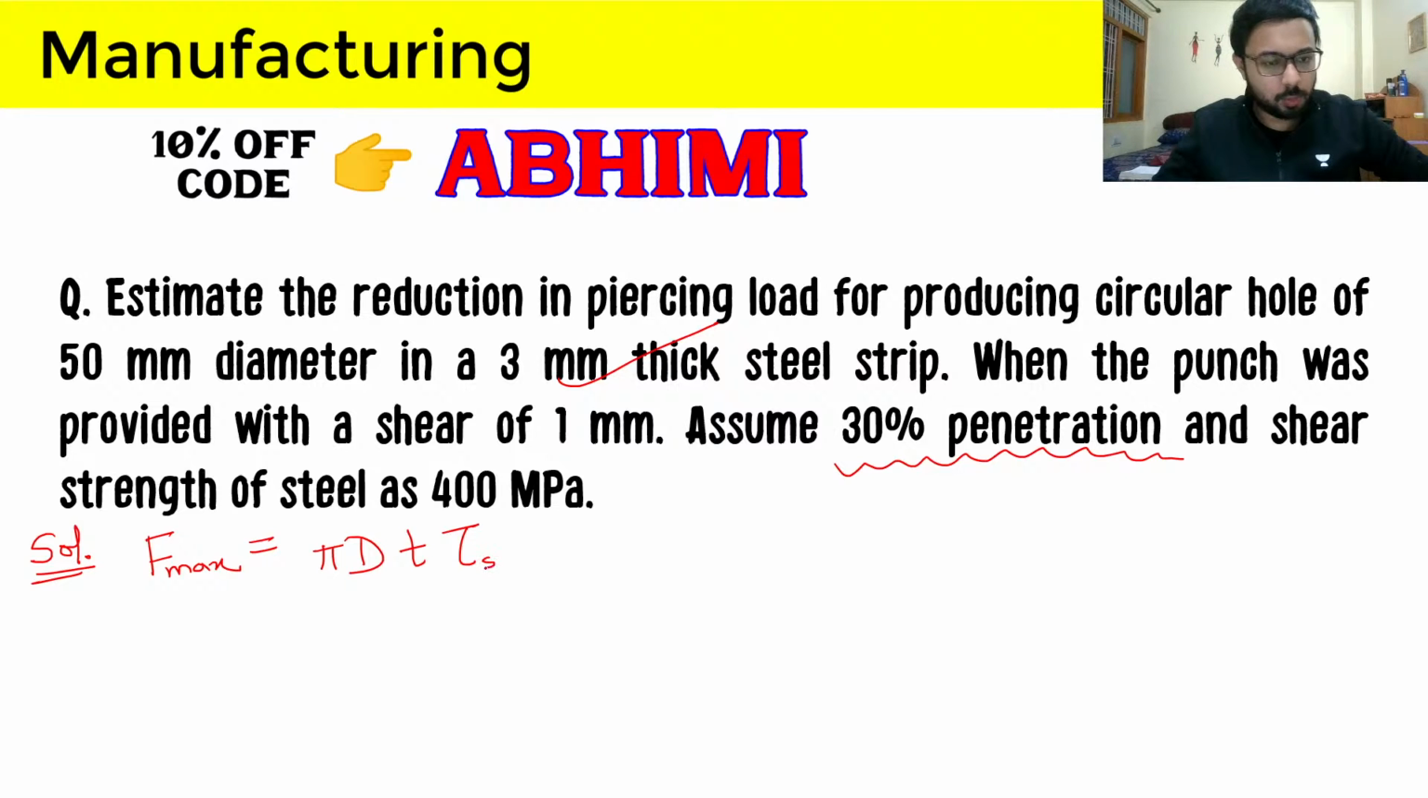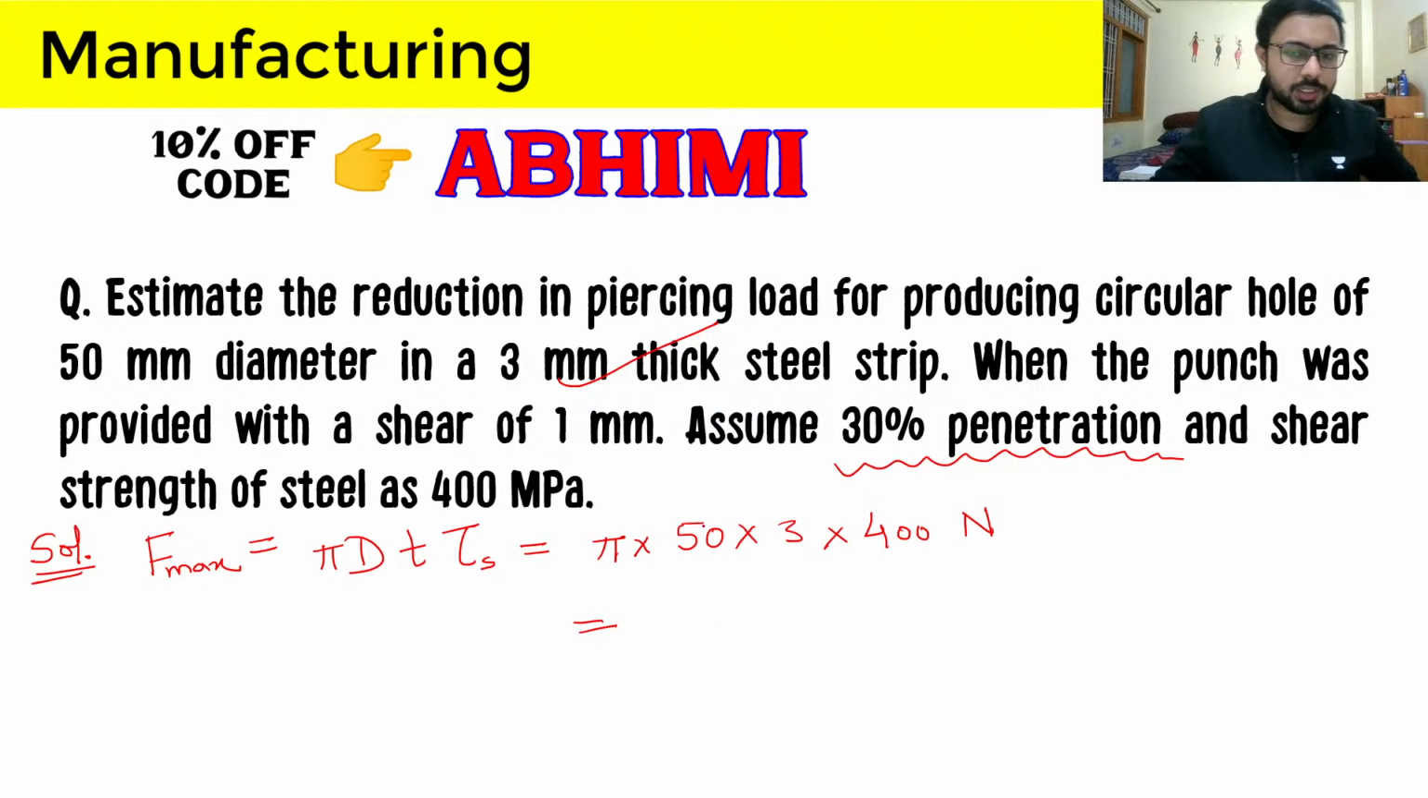Let's write it as tau s. So pi into diameter is 50, t is 3, and tau is 400 megapascal. Megapascal is in Newton per square millimeter, so we will get this value in Newton, because the square of 50, that is diameter and thickness, will get cancelled with the megapascal square which is at the denominator. So our answer to this